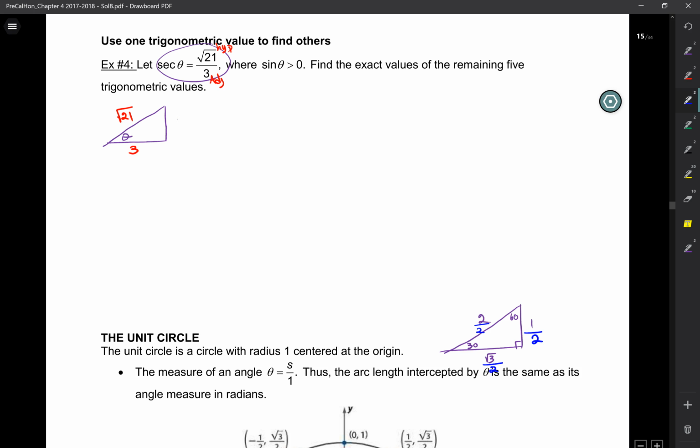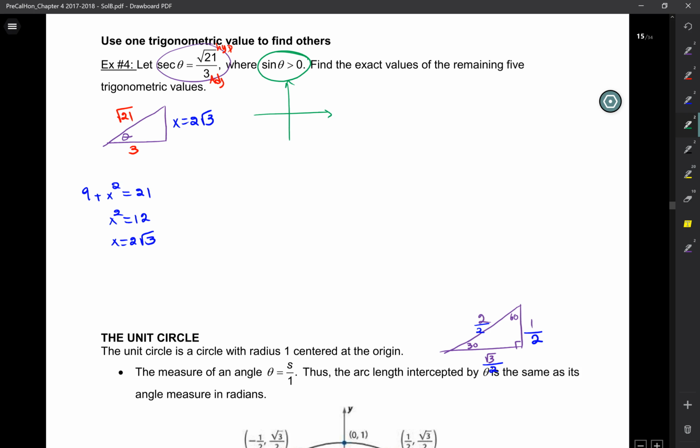Now, is there any way we can find that missing side x? Pythagorean theorem. So 9 plus x squared is equal to 21. So x squared is how much? 12, and x is 2√3. Now, I'm also given one other piece of information. I'm told sine of theta is positive. All right? So,